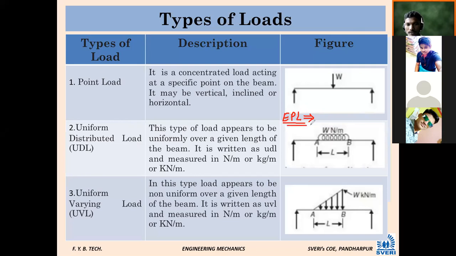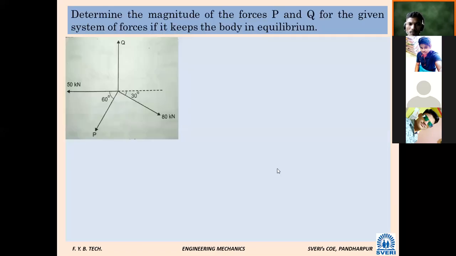Equivalent point load means whatever load is there, we can show it by a point load, the total, which is called the intensity. We have to calculate the intensity of that load and show it. If it is UDL, we show it as a point at the midpoint. And for UVL, from the apex we take a distance of 2 by 3, or 1 by 3 from the other side, like this. That we have seen.